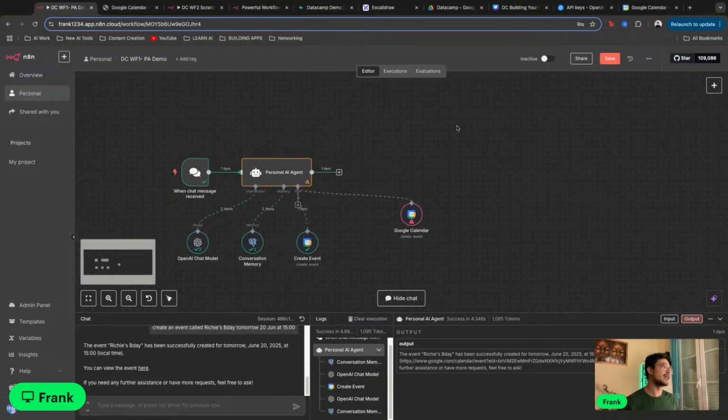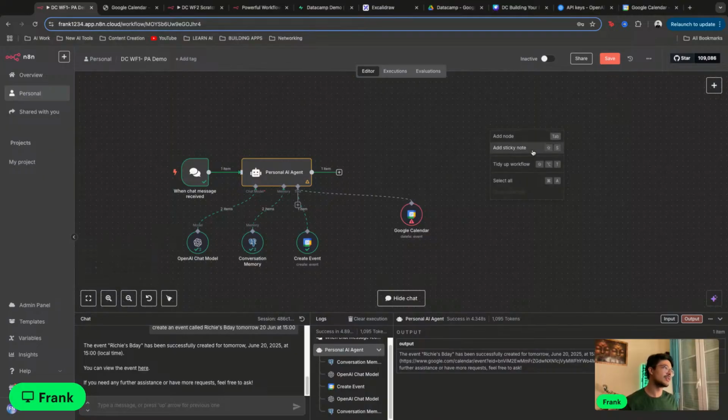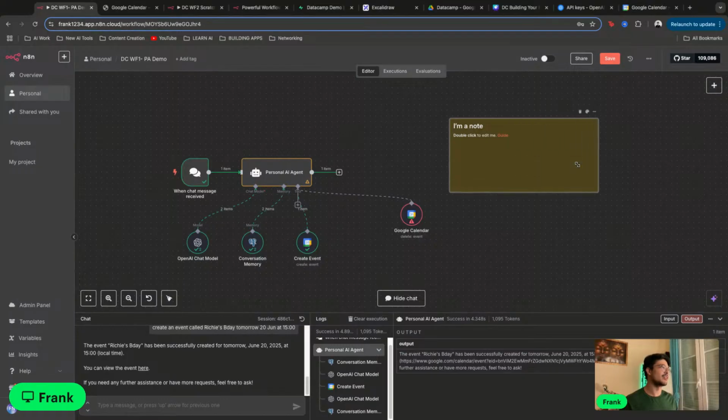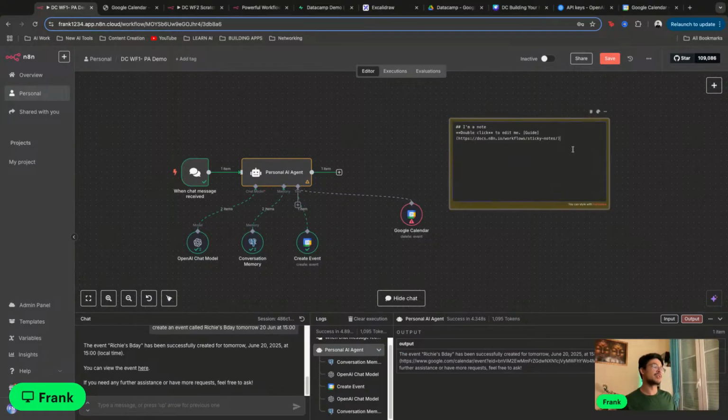But the good thing about n8n is that you can have notes on the workflow. If you right-click the canvas outside of this, you can see that you can add sticky notes. I tend to use these a lot, and when I'm sharing templates with others, it helps to have sticky notes, because you can explain what the workflow is doing. So, let's go through this little thought process. It's going to add notes. Now we know that we need an event ID